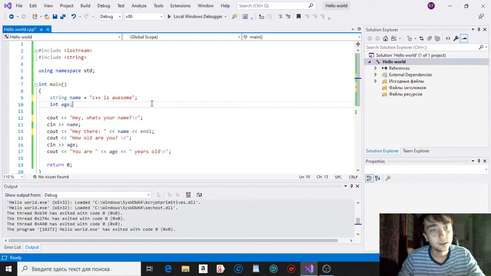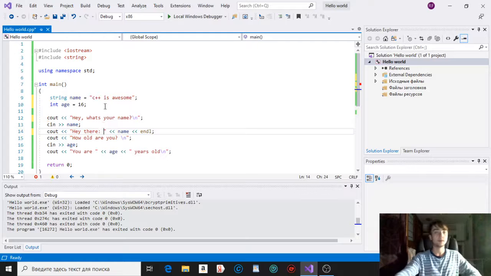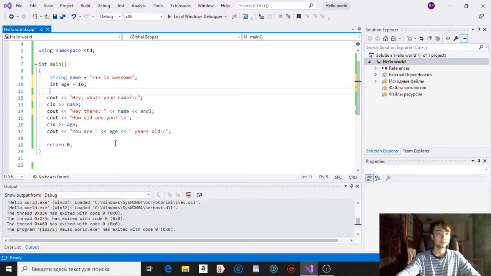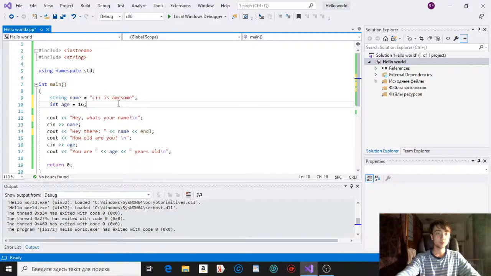We can assign certain phrases to variables, and we can do the same thing for ints. 16, right? So you can do that, and then when we enter the name, right, it is going to be overridden. So C++ is awesome, which is stored in name, is going to be overridden by the name, and you can